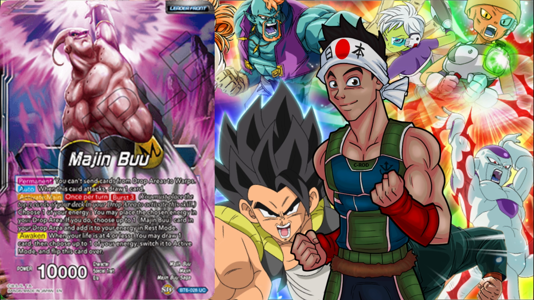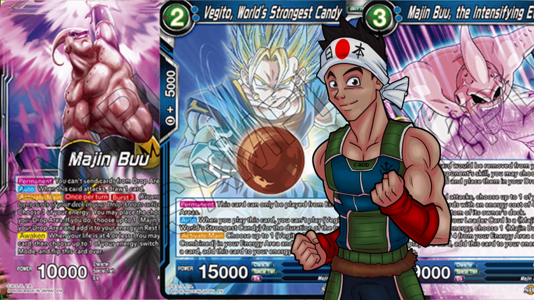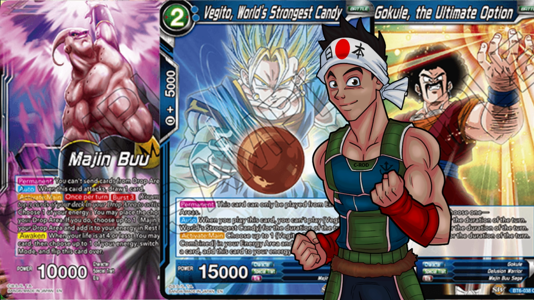But it doesn't matter. This leader is pretty much allowing you to spam out energy by manipulating your energy with Majin Buus. And with the new series coming out, there's going to be a lot of Majin Buus, and there's so many strong blue cards coming out, guys. There's so many strong blue cards. I feel like the blue cards are becoming one of the strongest archetypes in Dragon Ball Super card game,